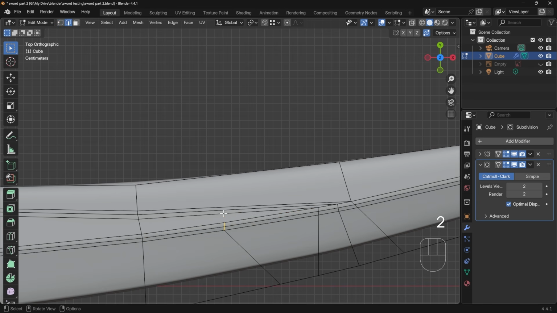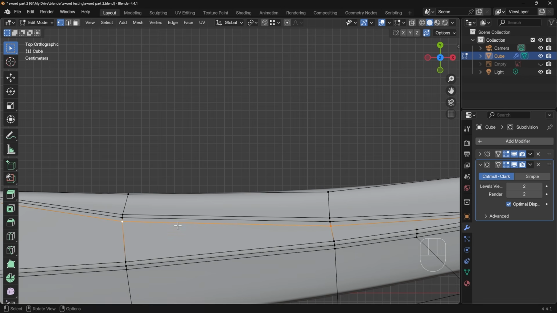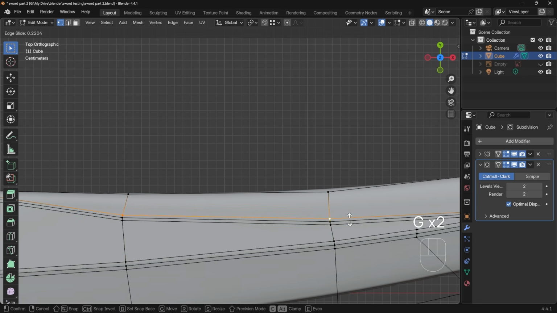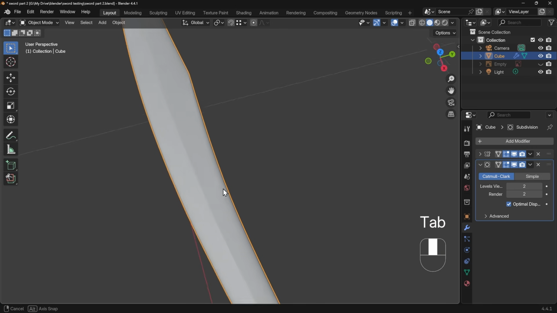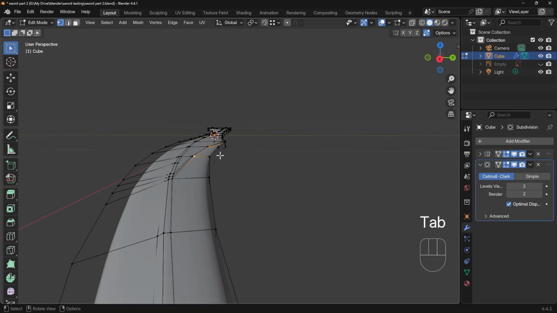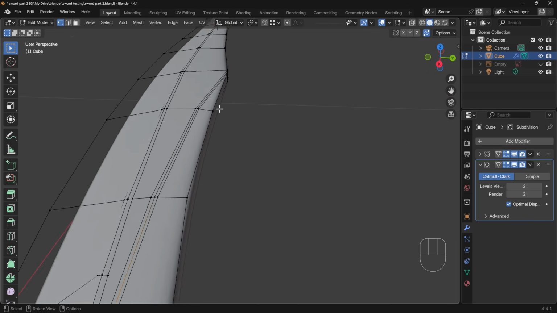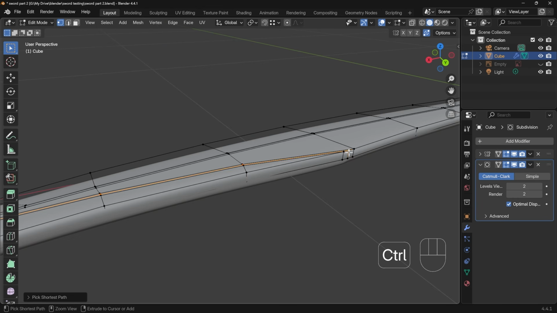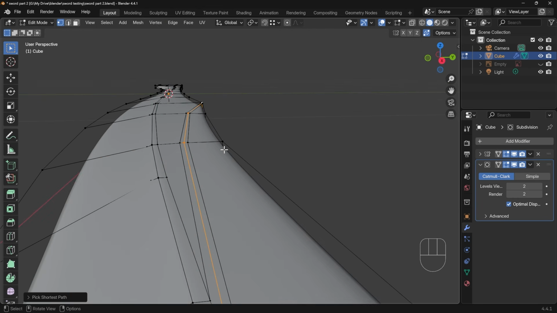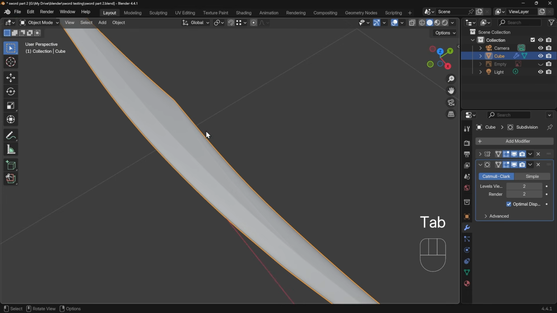And the important bit, if I go to edge mode, is to keep this edge here and this edge above it close to this middle edge so that it keeps that nice sharpness. So I can probably move this in a bit. Let's grab this one and this one, GG to edge slide, this one and this one, GG to edge slide again, move those in, and let's see if we can start to see that ridge. Not very well actually. So what I'll do is I'll select this one from here up to the end, and I'm just going to add a tiny bit of height to it. So G then Z, just put it up really slightly